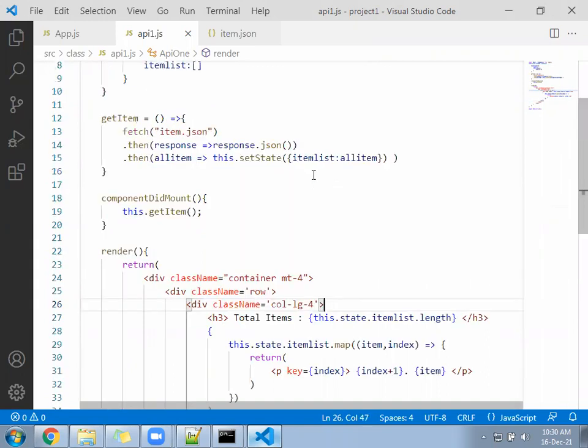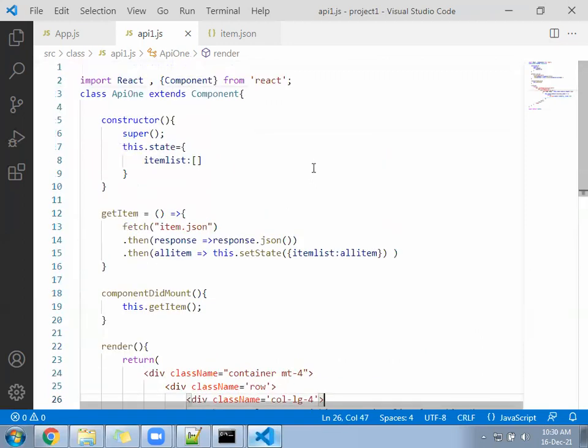Check once the flow, what is happening. If you want to make a note, you can make a note also. Else if you remember, then very good. If you want to keep some alert somewhere, apply the alert. Like 1, 2, 3. Under the constructor, apply the alert. Under the get item, put alert. Under the component did mount, put alert. Under the render function in the beginning, put alert. Keep 1, 2, 3, 4, 5 and see which one is coming first.